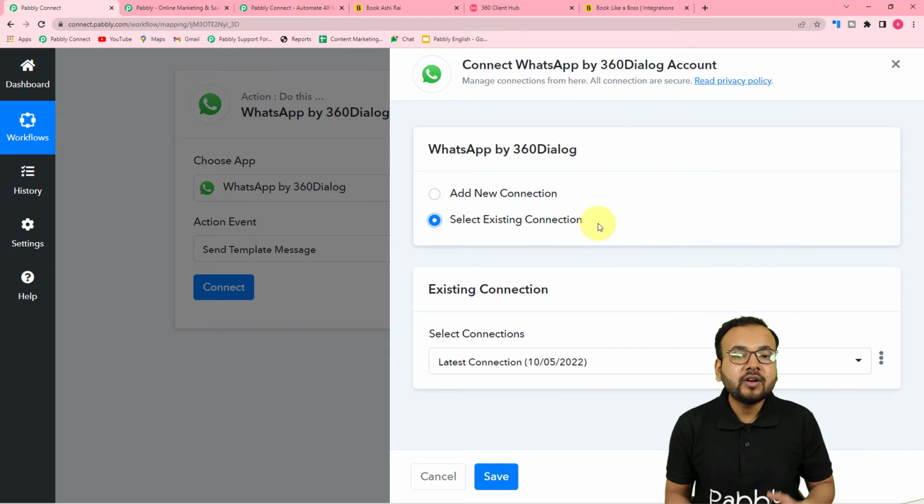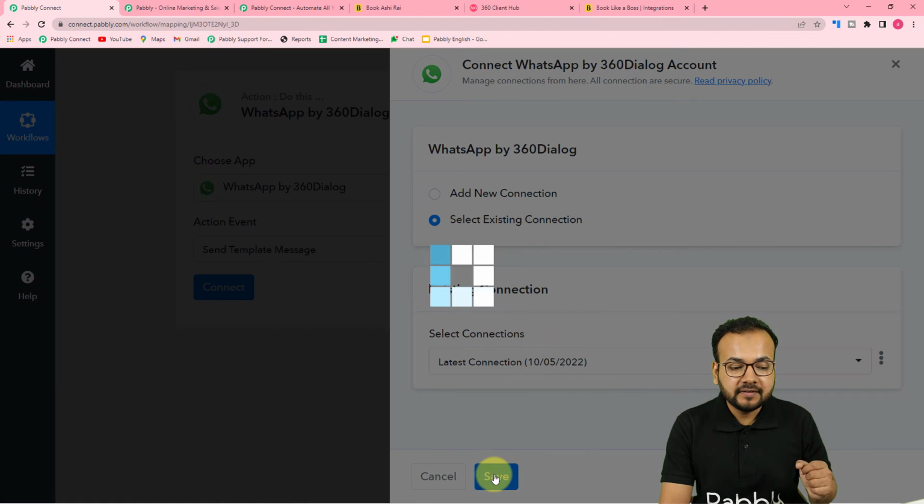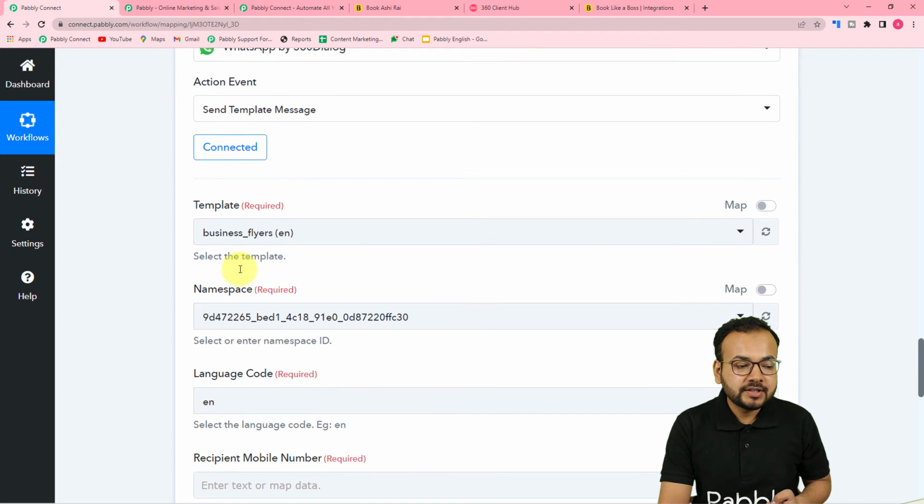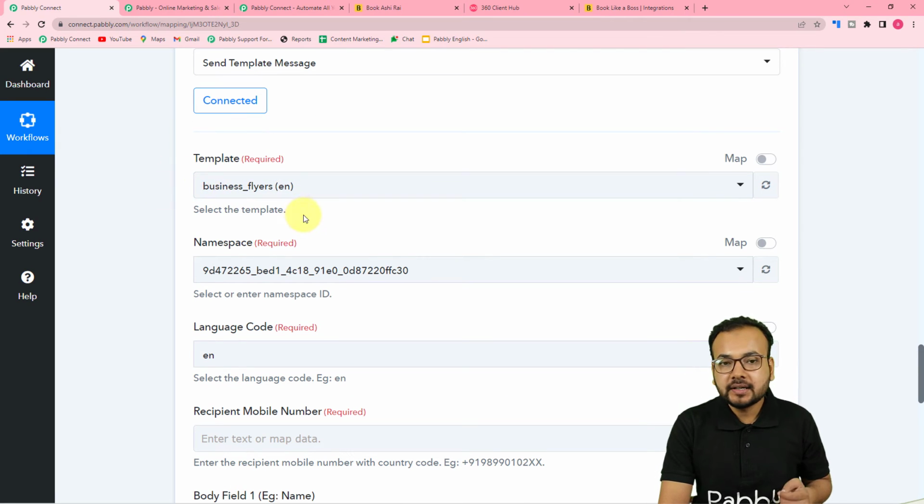Okay, as I have already connected previously in a different workflow by this add new connection process, so now I can use this existing connection option, and now I just have to click on save, and you can see we'll be connected with 360 dialog. Okay, so you can see it is showing connected, and now it is asking which template you want to use